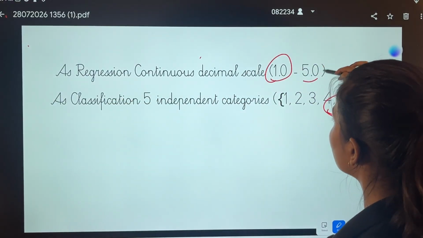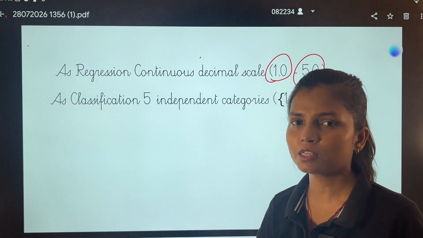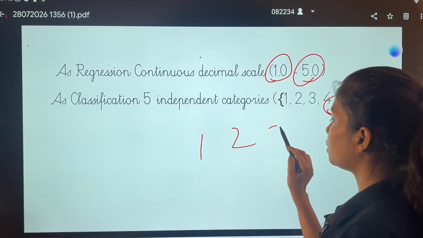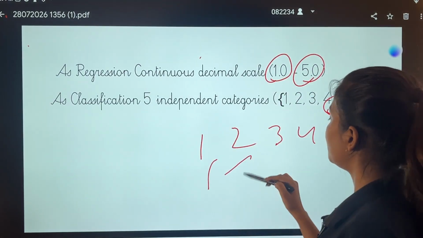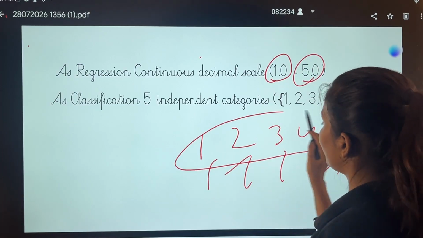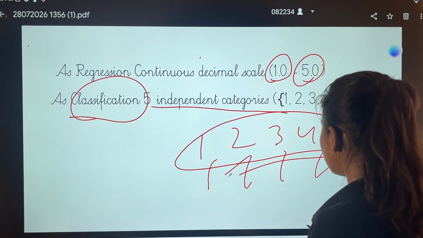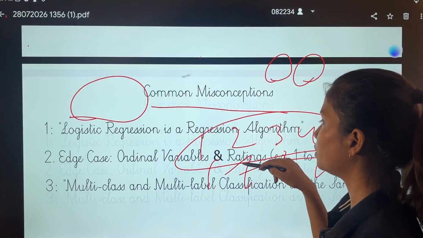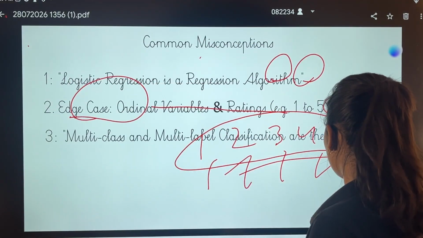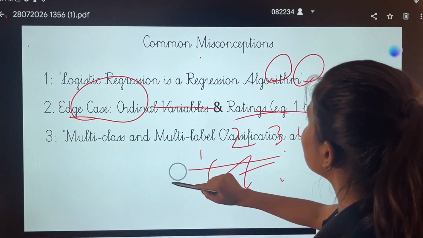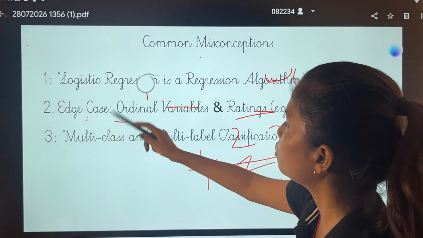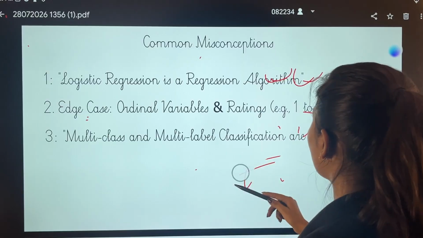Regression generally works with decimal values, not a fixed limit. 1, 2, 3, 4, 5 is a fixed limit, 5 independent values. When it comes to 5 independent values, classification works well. So this time with the ordinal variable, go with classification. I hope you understood. Next is the misconception which is related to multi-class and multi-label, although I have already told you